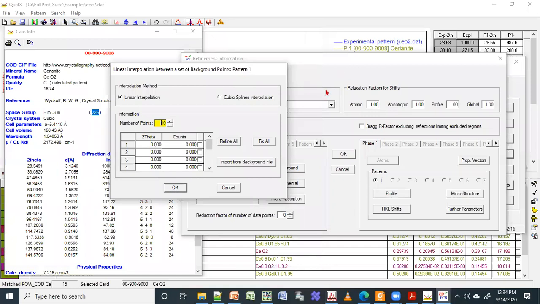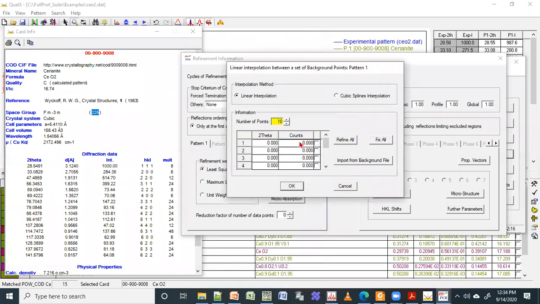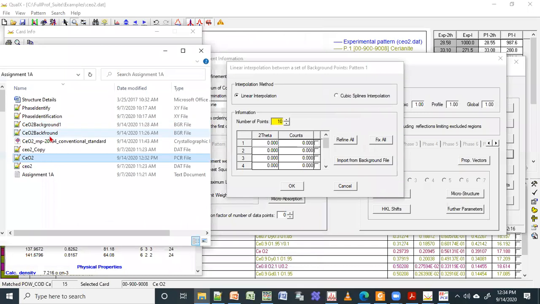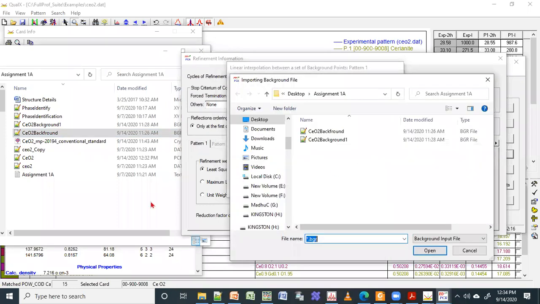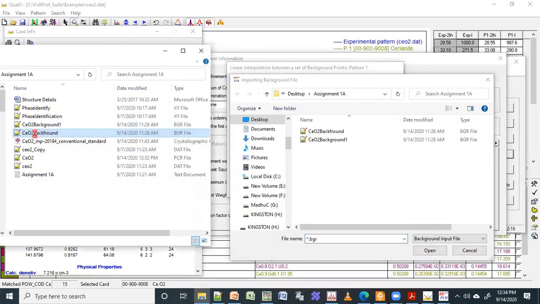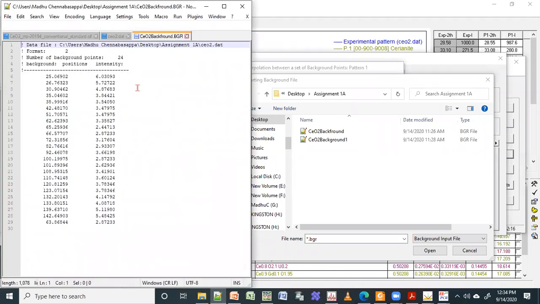I can put 14.28 for all the things, but as we have already selected the background and saved the background, which is already here, right? So background CO to background. I can just import that. I will import that data, and if you see here, I'll just open this background data. It has 24 points, right?